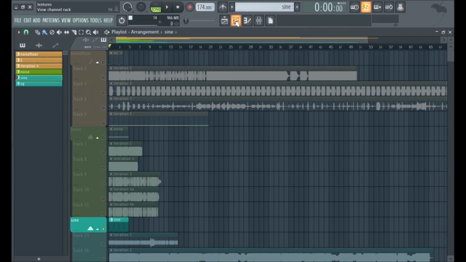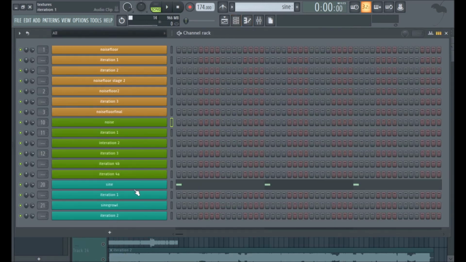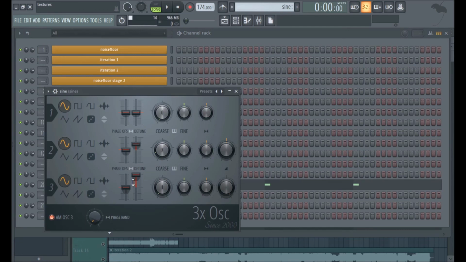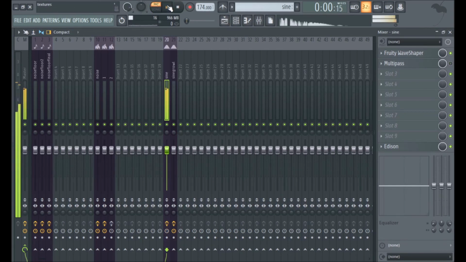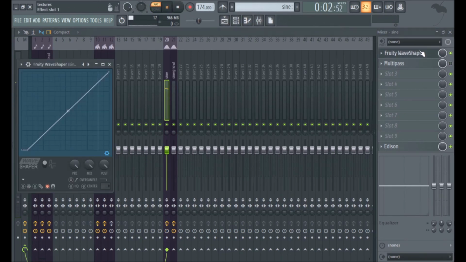And I didn't high pass them this time. So I'm once again in the 3x oscillator. I've got a sine down 2 octaves and then up a fifth from that, and I'm doing amplitude modulation again. This time it's up 1 semitone and it's detuned a bit. There's nothing happening in the envelopes, so if I turn on the processing,